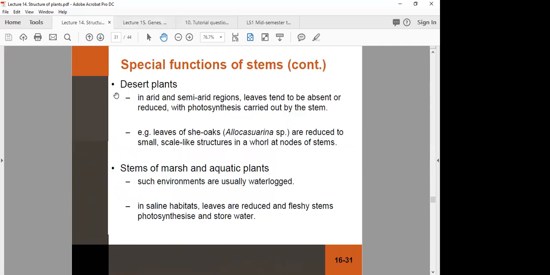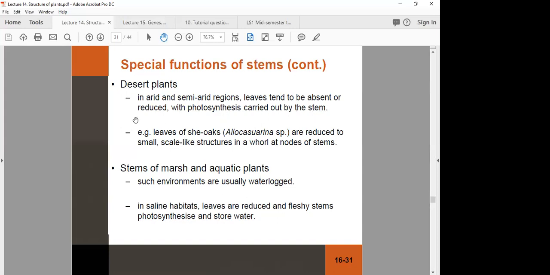Some more special functions of stems. Desert plants. In arid and semi-arid regions, leaves tend to be absent or highly reduced. And of course, this is to conserve moisture within the plant. In this case, the process of photosynthesis is primarily carried out by the stem rather